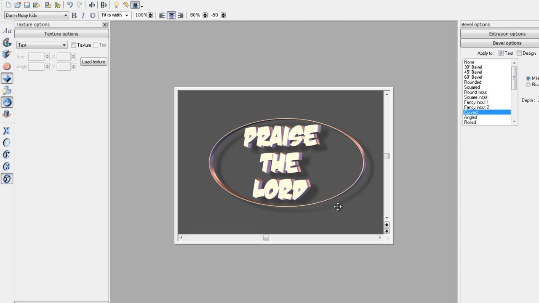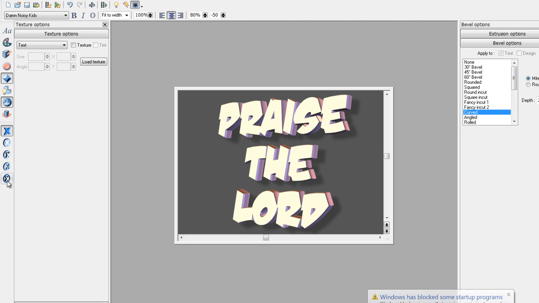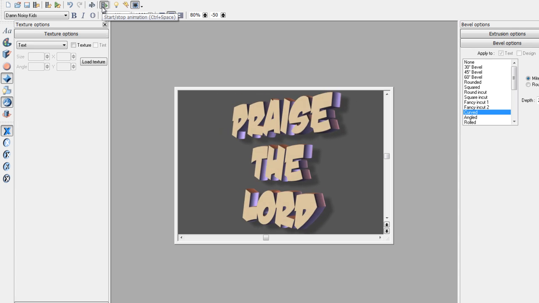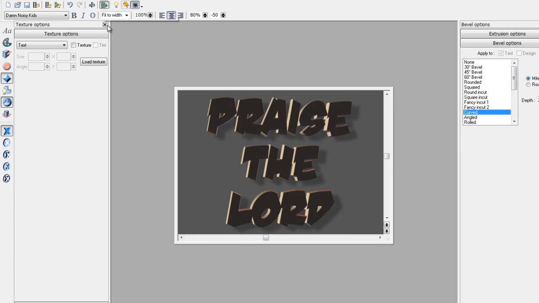Click OK. Now I don't like the frame, so let's get rid of the frame. You click on the border here, and it'll erase the border, and now you have just the text. Now up on the top you have a little button called a start-stop animation button, and with this you can click on it and watch it go. What it is, it's a button that makes it move, and we've already preset